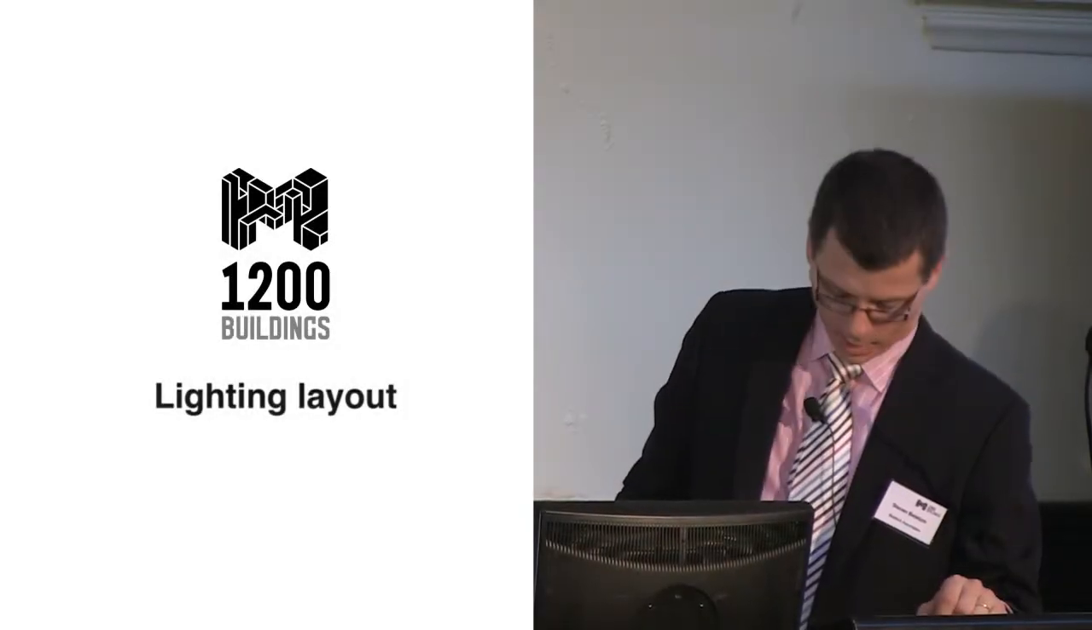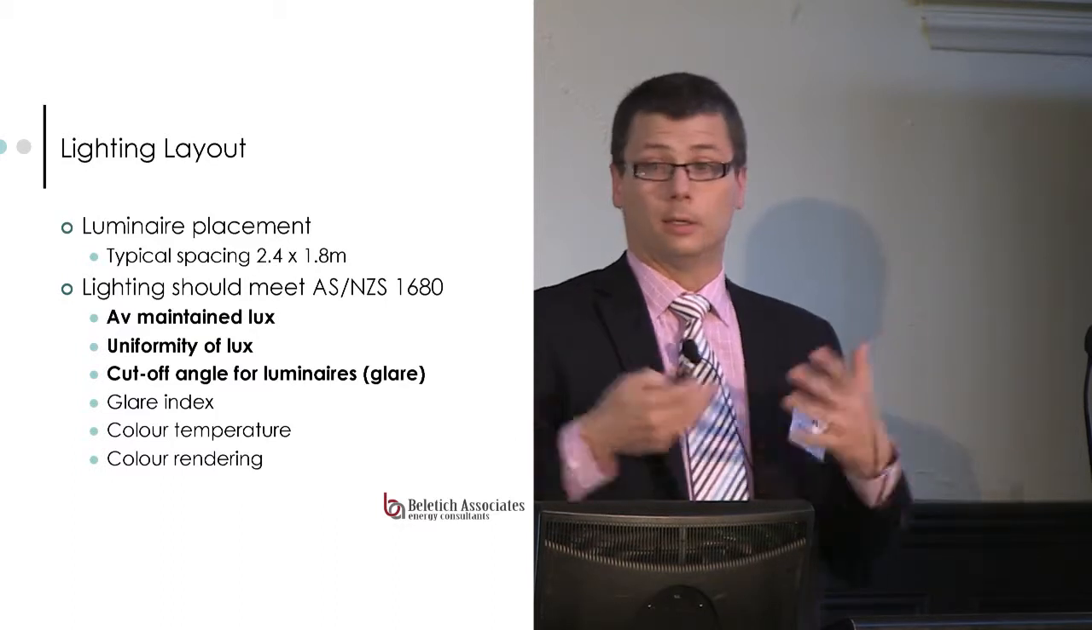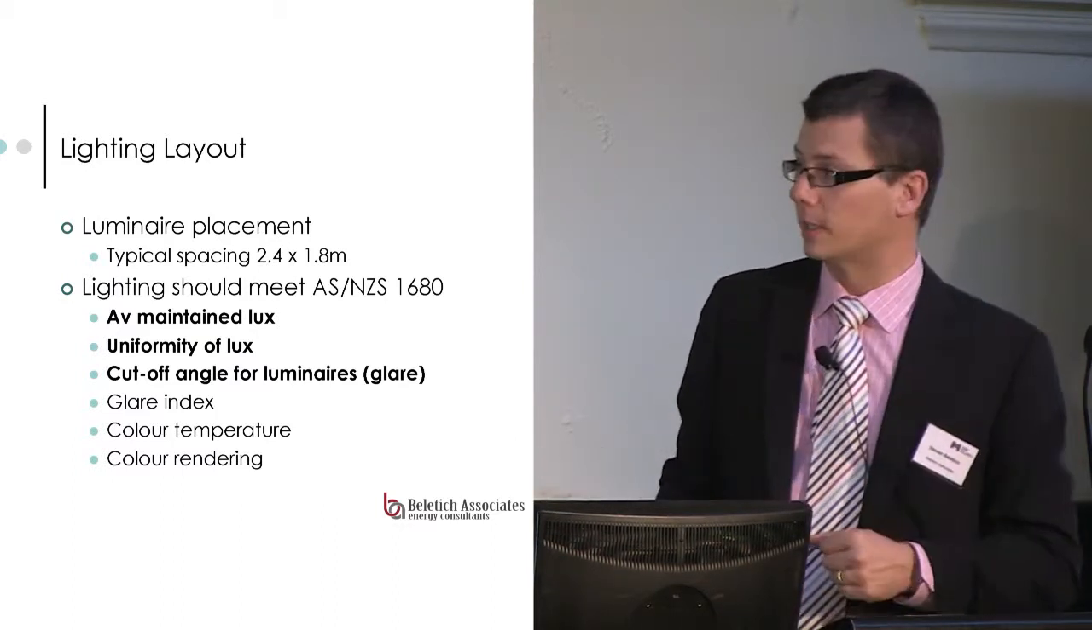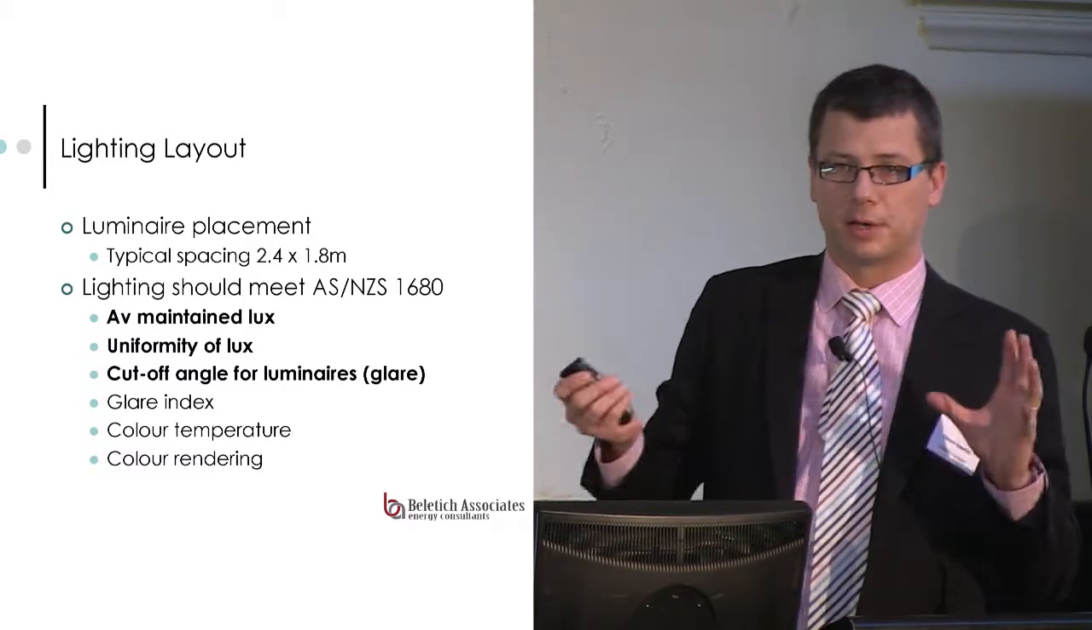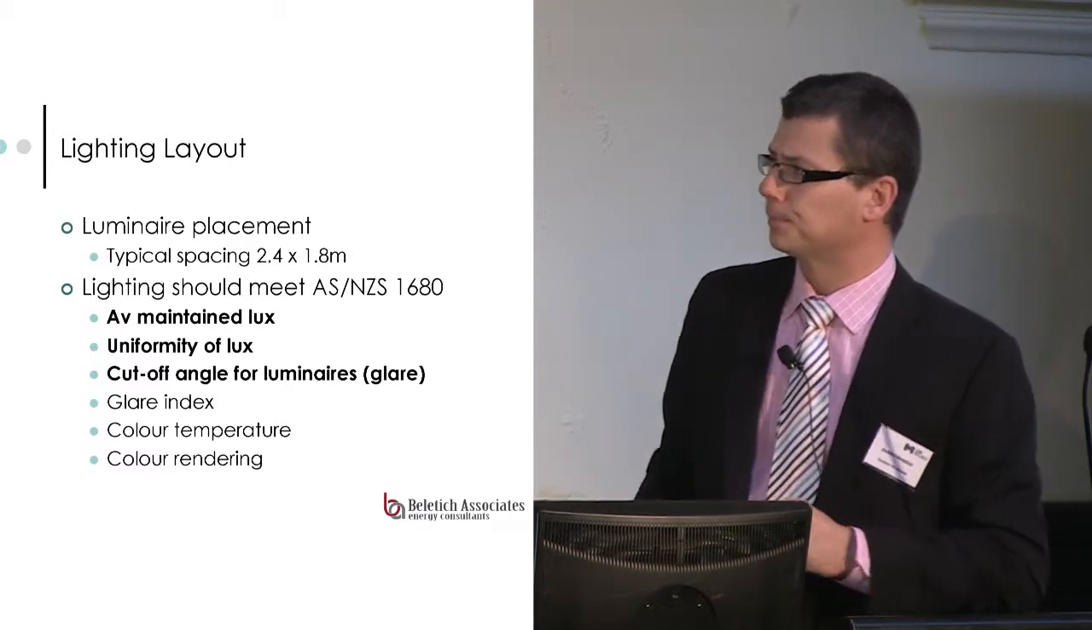Then there's the lighting layout. As I alluded to, how many lights are in the space? Are there too many? Are there not enough? Etc. Typically, lights in an office building, fluorescent lights, are on a 2.4 times 1.8 metre spacing,